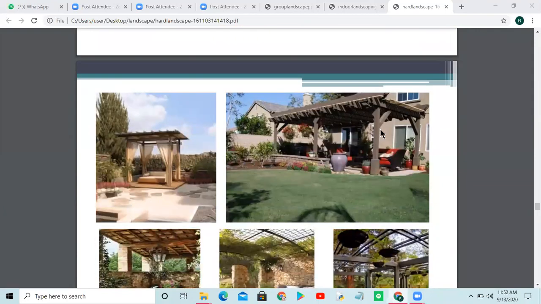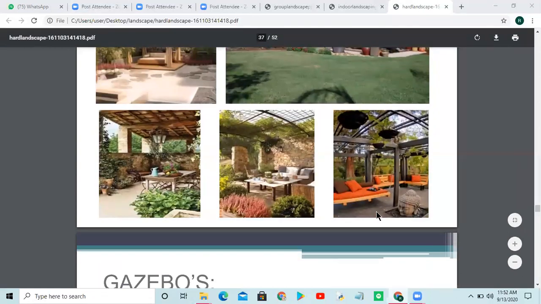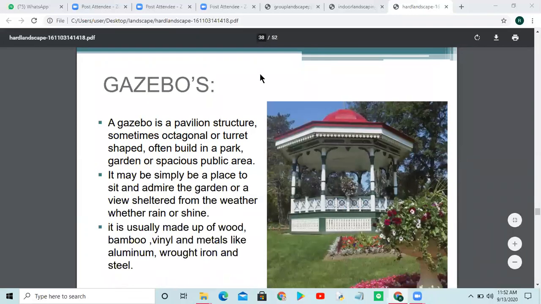Then you can see all these various styles of pergolas. You can see all these sculptures, a wall. If this piece was not there, this would have been an open pathway, but now this is enclosing the space. Now the gazebos are there. They are definitely good for